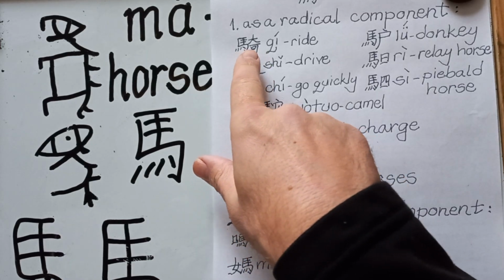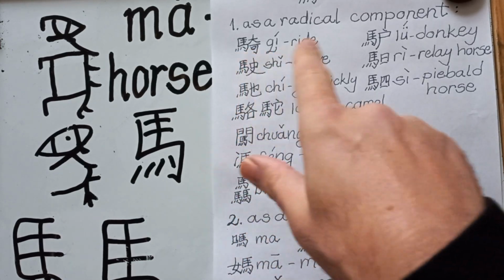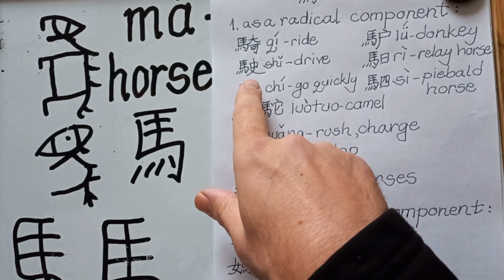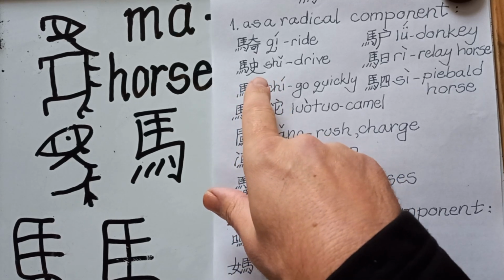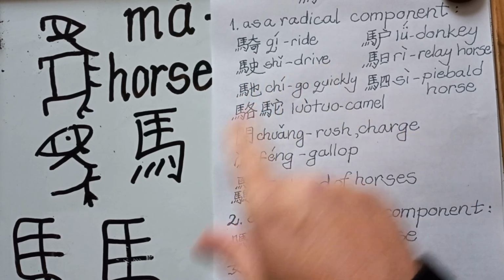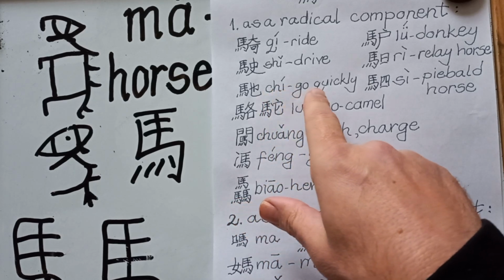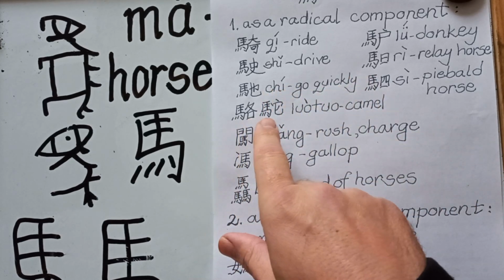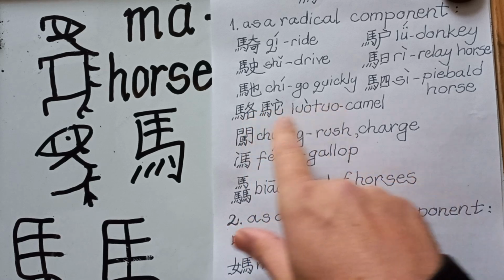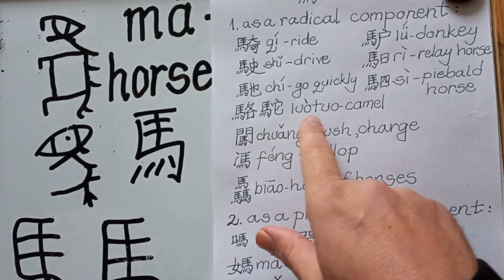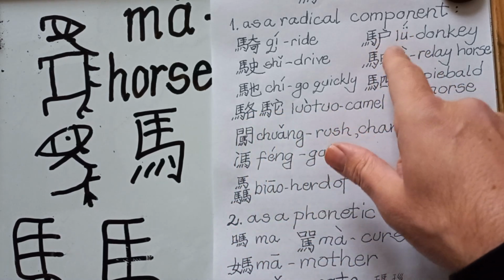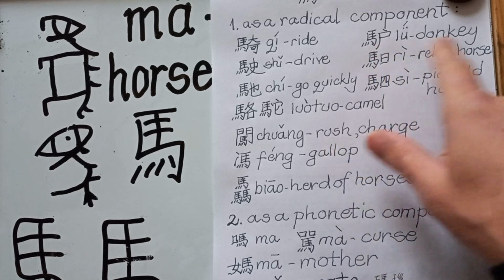So, qi, to ride, shi, to drive, chi, to go quickly, luotuo, camel, lü or lüzi, donkey,